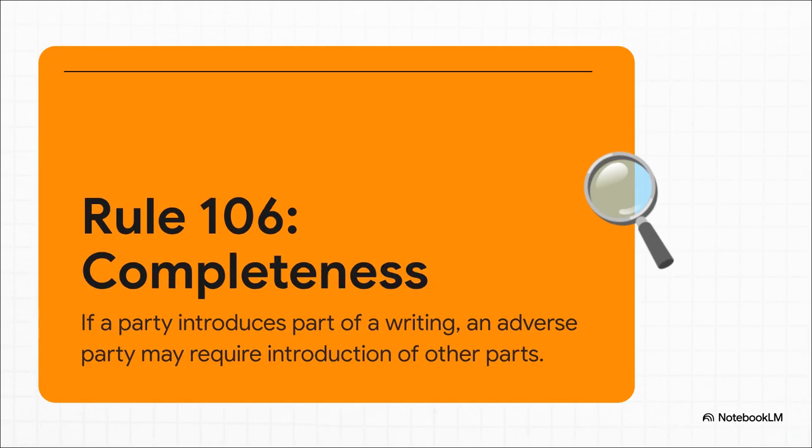And here's where things got really interesting, all thanks to Rule 106. We call this one the rule of completeness. During cross-examination, Brown's lawyer thought he was being real slick. He started reading just a couple of out-of-context bits and pieces from Melton's written statement to try and make him look like a liar. Well, the prosecutor shot right up out of his chair and invoked Rule 106, which is basically the no cherry-picking rule. He said it's not fair for the jury to just hear one little piece of the story, they deserve to hear the whole thing. The judge agreed, and just like that, the entire very damaging statement was read to the jury.